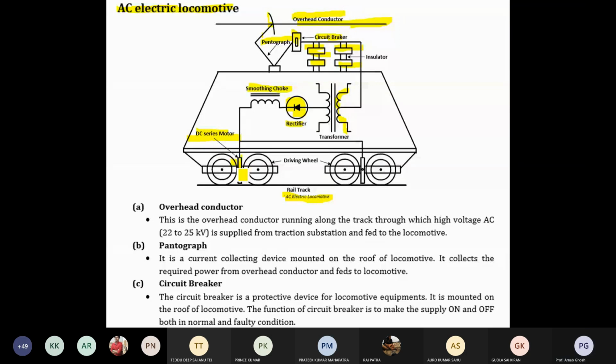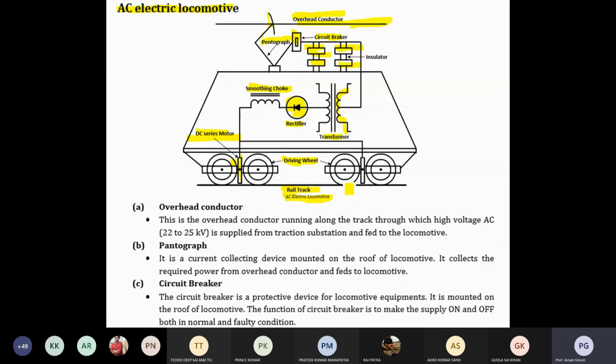So what is the series motor responsible for? The series motor is responsible for driving the wheel of the rail. It is your driving wheel, and you can see that's the railway track. Another terminal is also grounded. That wheel is directly connected with the railway track, so all are conducting, conducting ferromagnetic material. Definitely the other terminal is connected through the railway track, so the path is closed.